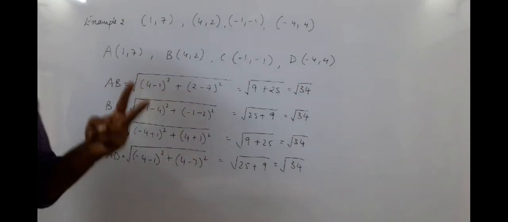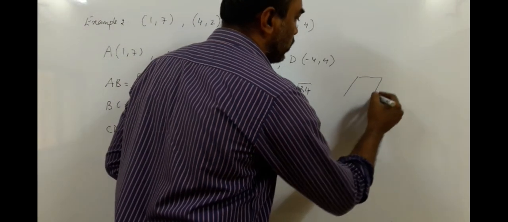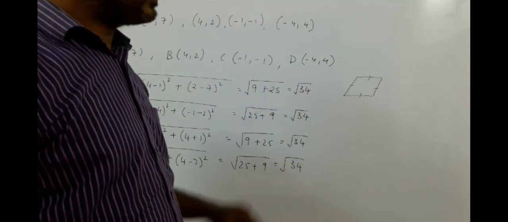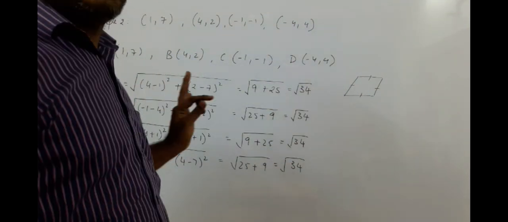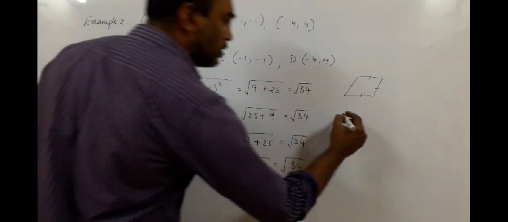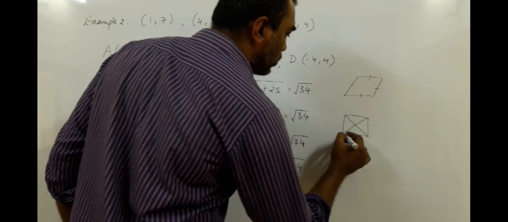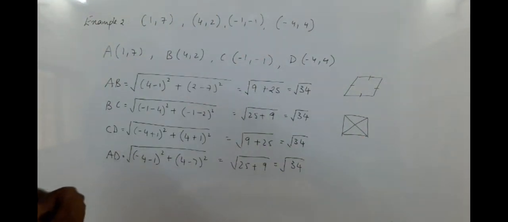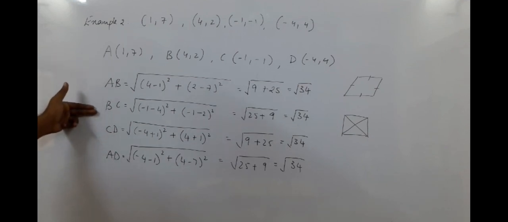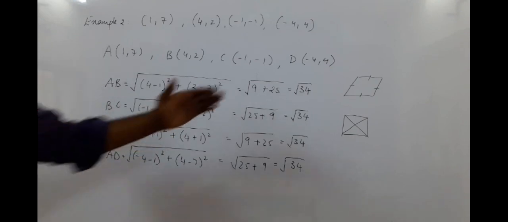So which are the two possibilities now? Yes, four sides are equal. All the four sides. One possibility is a rhombus. It is a rhombus now because all four sides are equal. So it is a rhombus, that is for sure. But all four sides are equal, are the diagonals also equal? So till here we proved it is a rhombus because all four sides AB equal to BC equal to CD equal to AD. The sides are equal, it is a rhombus.